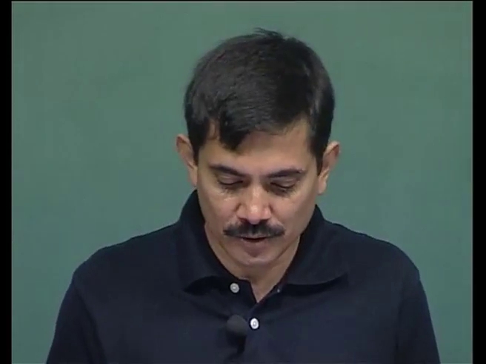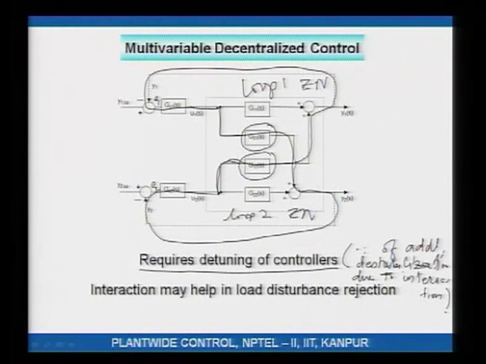What that means is, if I had a simple seesaw system, y1 being controlled using u1 and y2 being controlled using u2, with G21 and G12 being 0, I could tune loop 1 using Ziegler-Nichols settings for a fast and snappy response. Similarly, I would tune loop 2 using Ziegler-Nichols settings for a fast and snappy response in y2. Okay. However, if there is interaction and I implement ZN settings in both the loops, then both the loops are very tightly tuned individually.